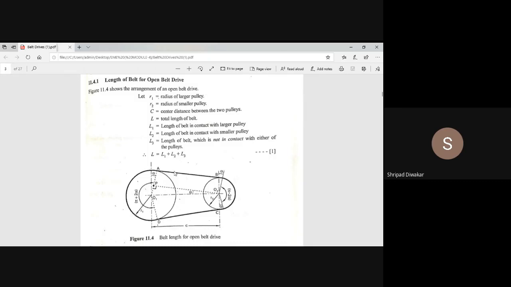Whatever line we are having, AB, O1 O2 is your center distance, AB is the length on one side, whereas CD is the length on the other side. Now I am going to draw a line O2P. You can observe the diagram here. O2P is exactly parallel to AB, so you have to draw a line O2P which is parallel to AB. In that case, you can now find the triangle.